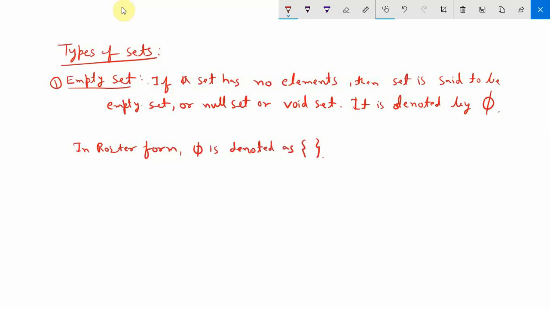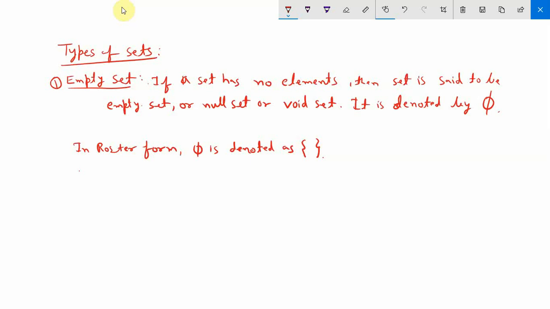There will be no element. Okay, friends, and an empty set, so in the roster form, if we want to write,